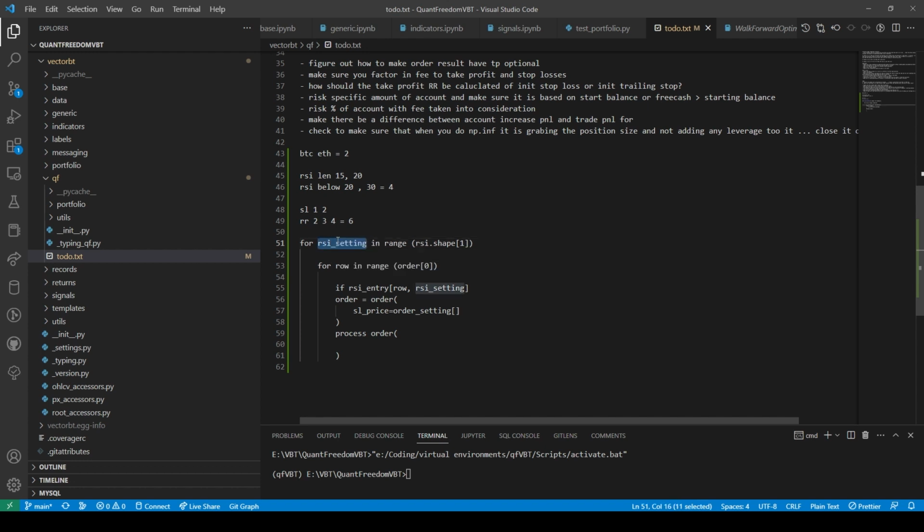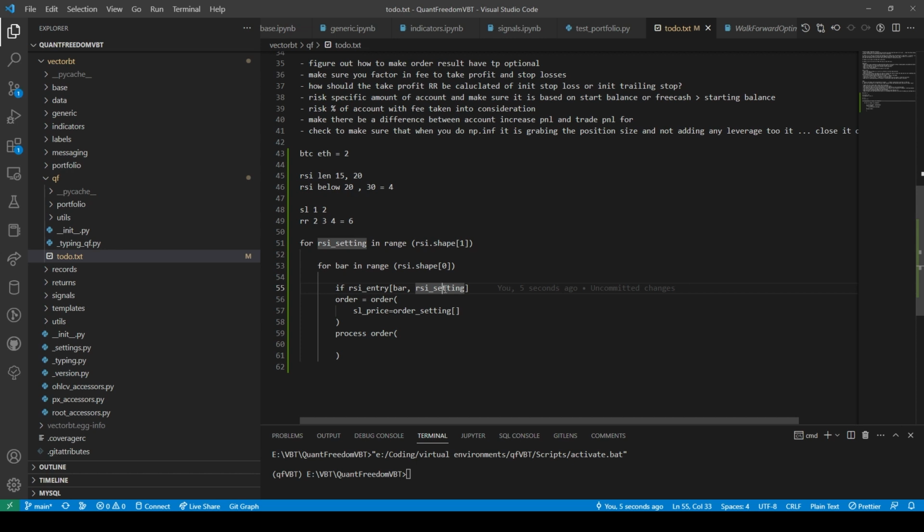So this is RSI. Well, this is the setting. And then the row is going to be, I guess it would be this, because these are the bars. And this is the RSI. So this would be bar. So this would be if RSI entry.